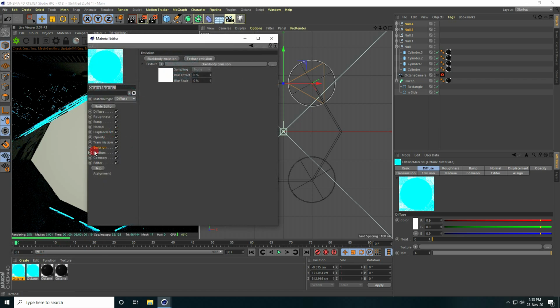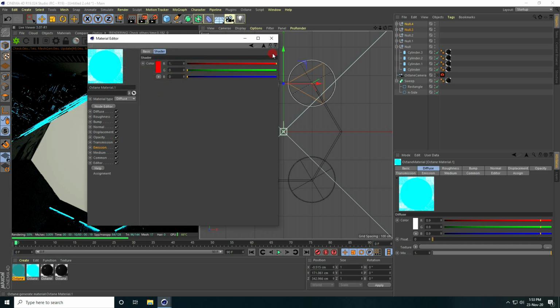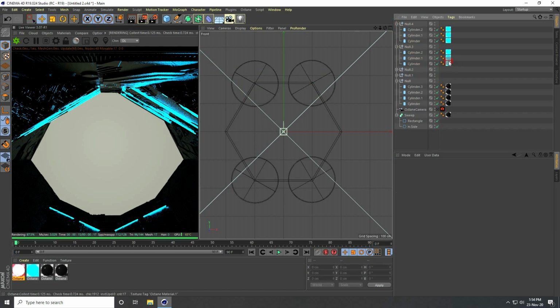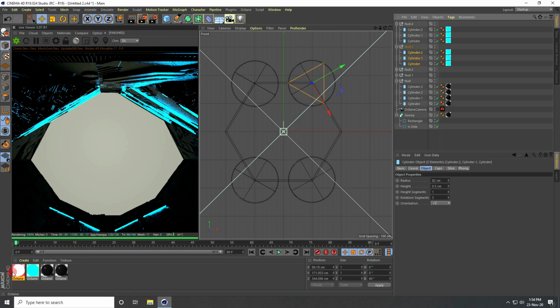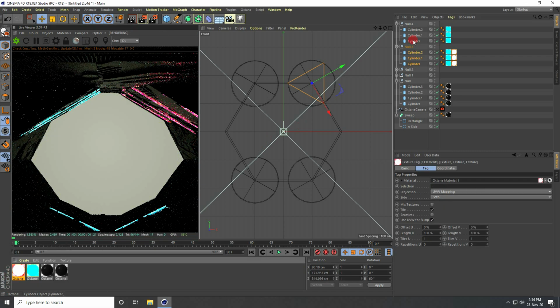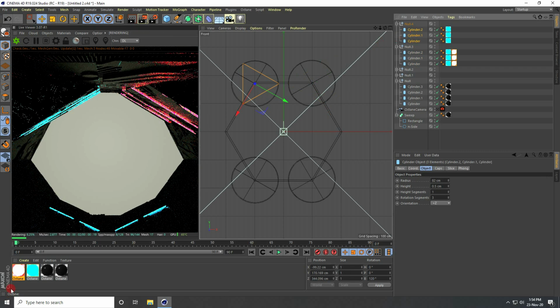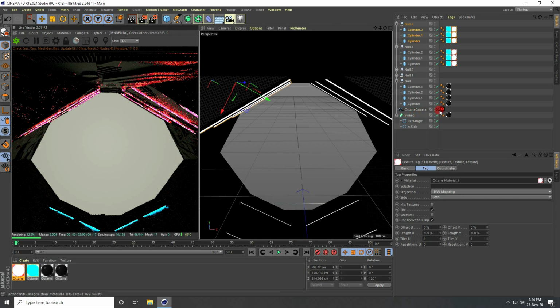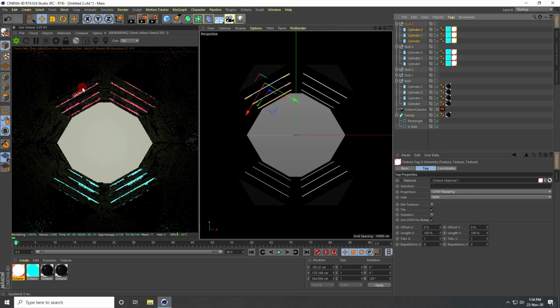Color I take red because I like red. Yes, and unfold all. Select this material and apply the red color. Yeah, right. Now I go to the camera. Yeah, see guys, that's my beautiful composition.